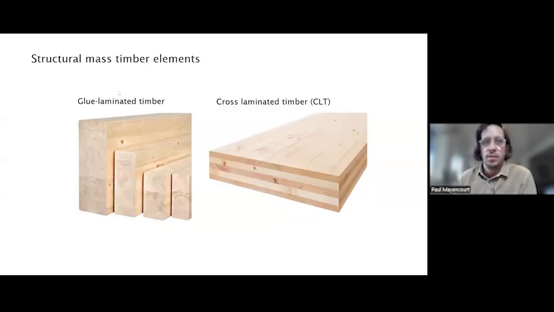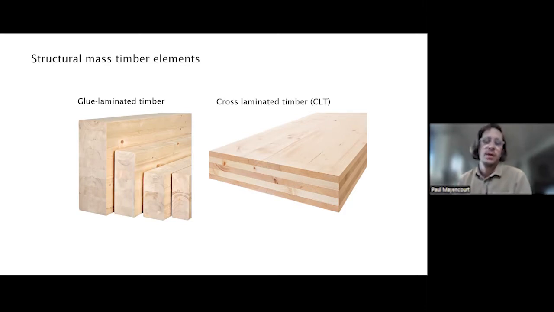The main products that will be used in these construction systems is glue laminated timber. You see here on the left. So cutting smaller trees into boards or 2x4s or 2x6s or dimensional lumber and then glued together into larger elements. So it has enabled us to go after different timber resources in the forest, not having to cut big trees, but we can also cut different trees and glue them back together into creating larger structural elements.